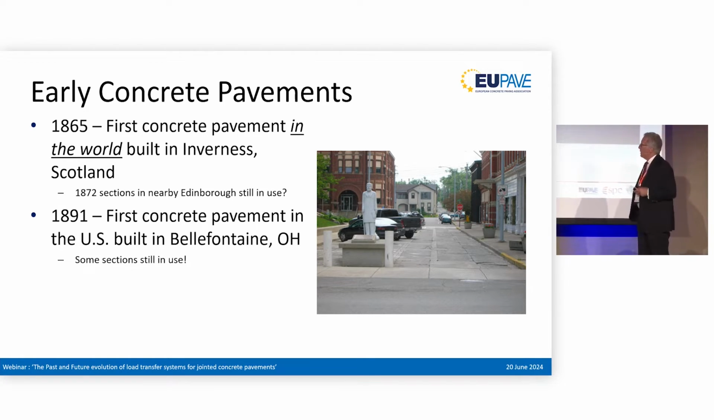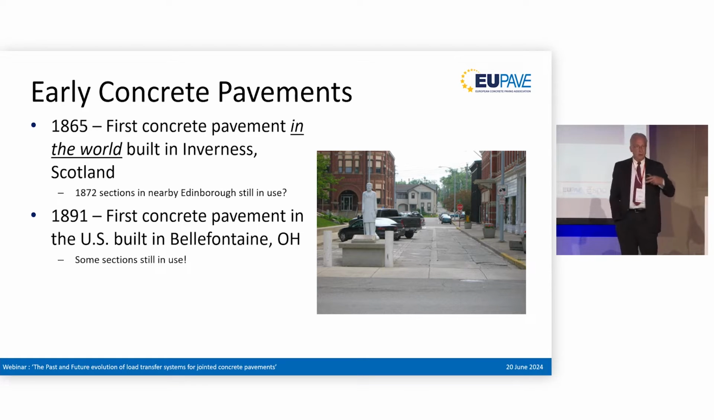The first concrete pavement in the United States was built in Bellefontaine, Ohio, and this is a photograph of that pavement section as it currently exists today, and some of that is the original 1865 construction. You can see the statue there of George Bartholomew. He is the engineer that designed and built that original pavement, and in the United States, if you build a concrete pavement that lasts 100 years, they put up a statue for you, so it's something for us all to